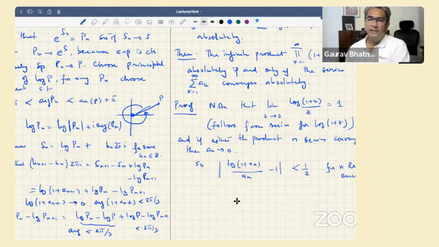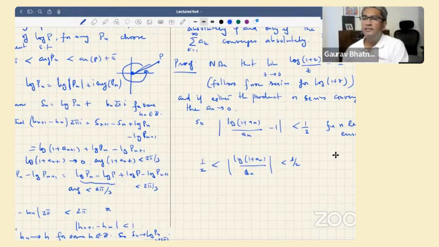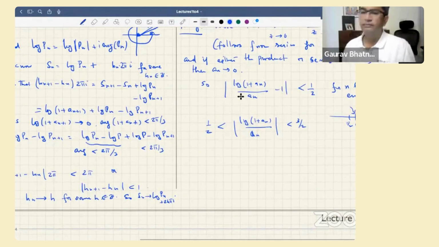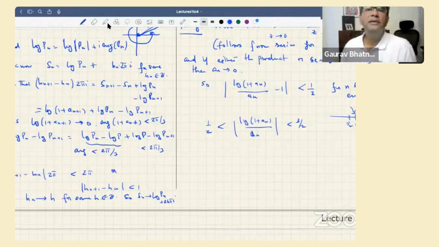And this means that log 1 plus an over an is between, let's say, half and 3/2. This is just saying that here is 1, and take epsilon equal to 1/2. It's over here, in this range. And now it's easy to see that